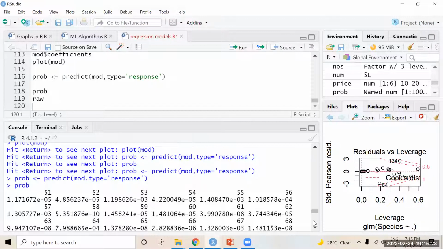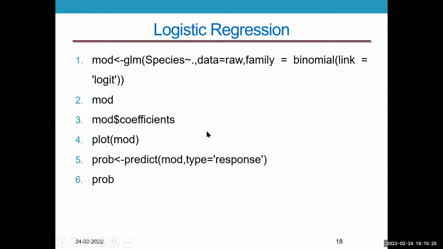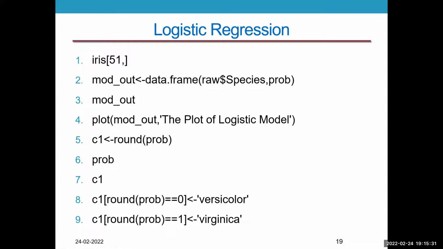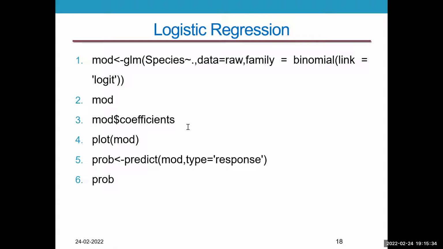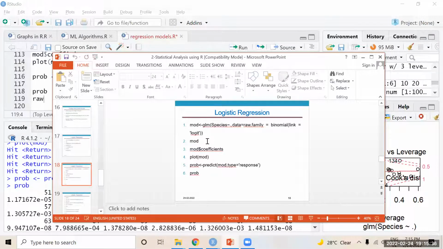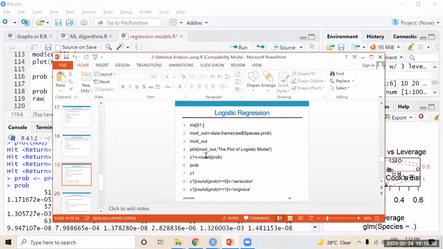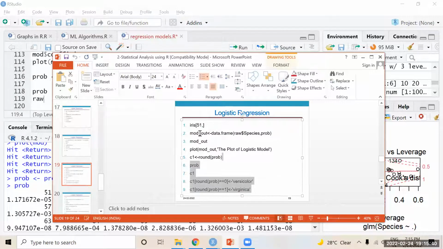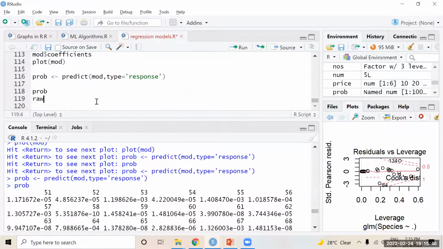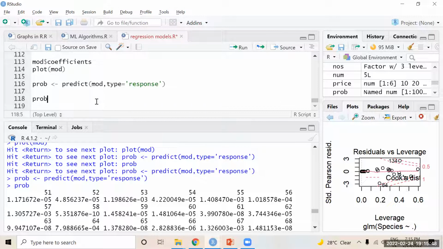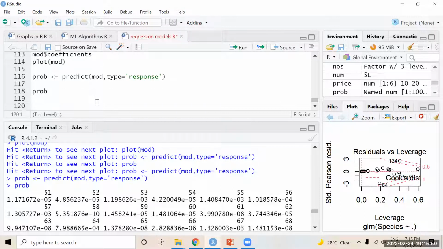We have to do some encoding also. We predicted the probabilities, but we have to do some pre-processing, because versicolor is encoded with 0 and virginica is encoded with 1. Some work we have to do.